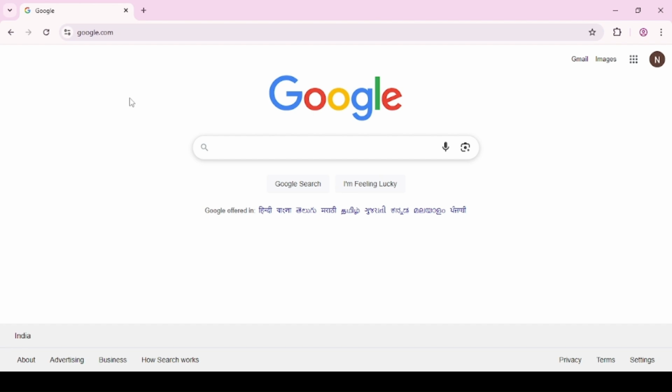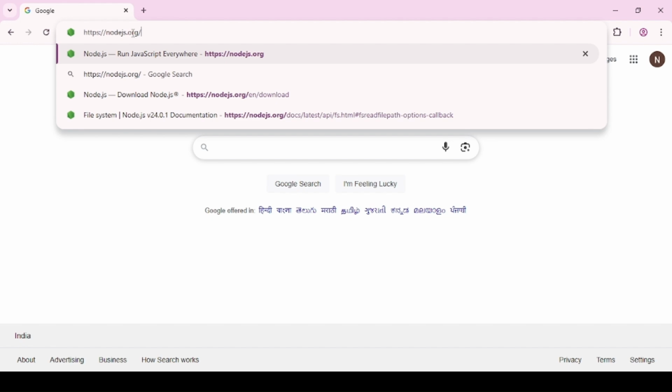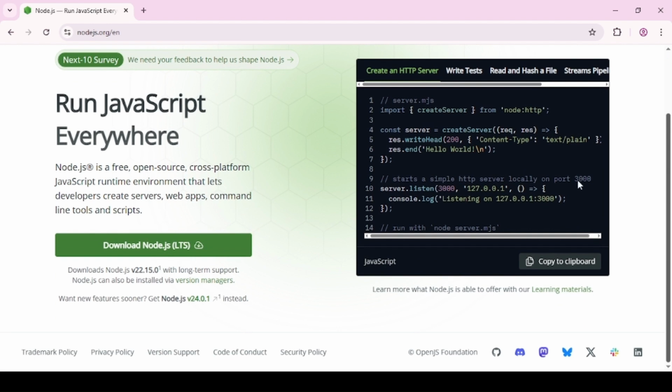In the last video, we got a quick introduction to Node.js. And now it's time to take the next step, installing it on our system. So all you have to do is open your browser, go to the Google search box, and type the link nodejs.org. When you enter, you will be able to see the interface that provides the download link. This link is the long-term support, which is the recommended one.